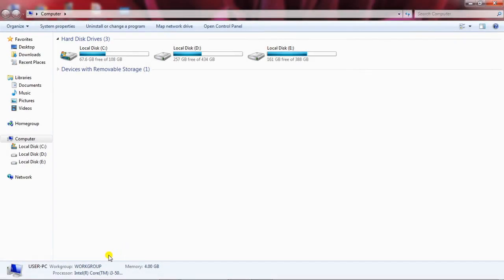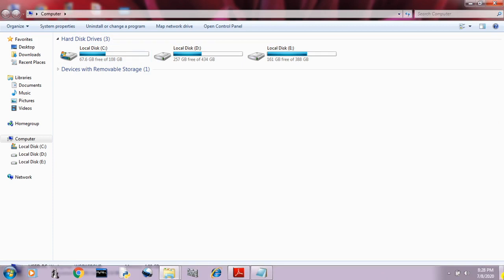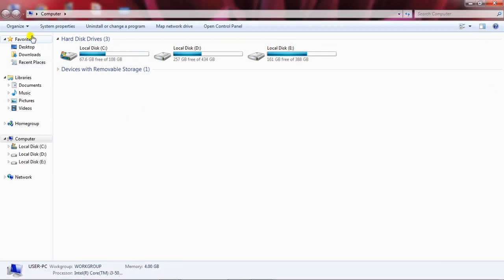So students, as you can see, I have already opened My Computer, and when we open it, we see this picture. On the left side we have the navigation pane. This is the entire structure of our hard disk, that means which storage places we have over here and with what name. Here we have 3 hard disk drives with some space, and this blue line shows how much space is occupied.